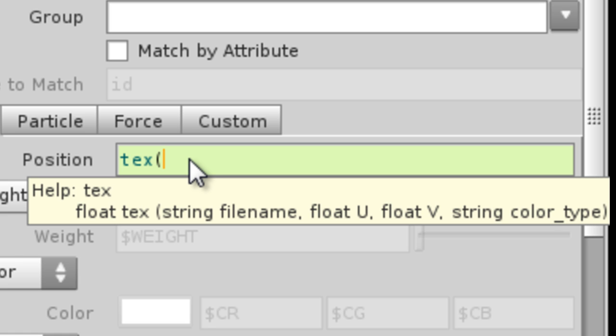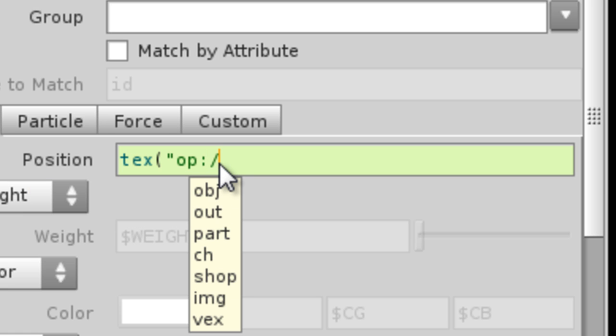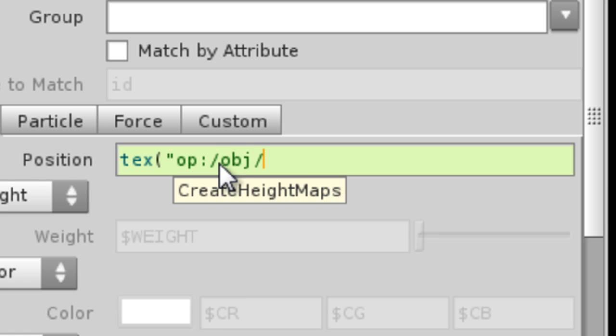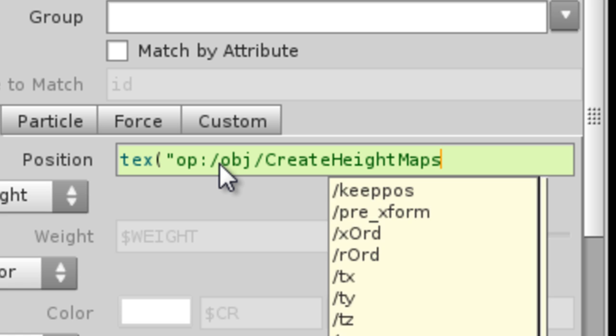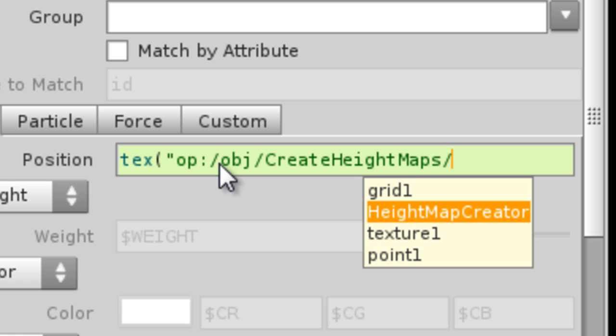So for one, we're gonna just input the string name first. We'll put the two little quote things, and then we're gonna put the op function. The op function is actually what's gonna simulate like a hard drive. Then you're gonna put your colon to simulate the hard drive, then slash. As you can see now, Houdini says, oh yeah, I know exactly what you want. So obj slash create height map slash, and